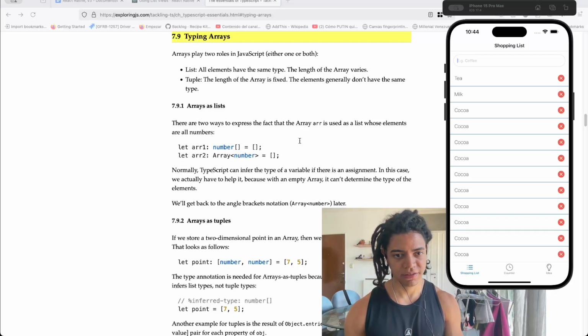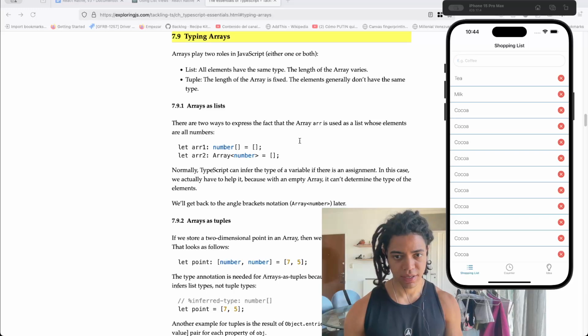Behind the scenes, it uses a sliding window technique,